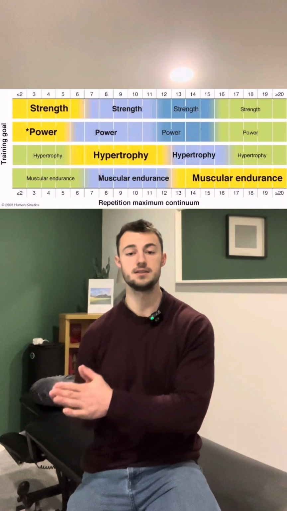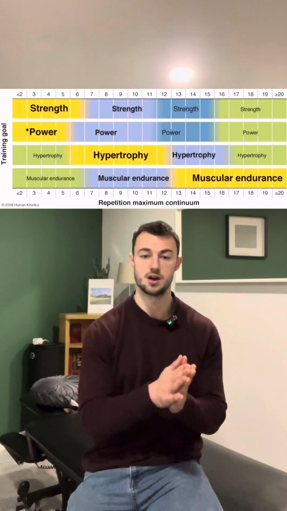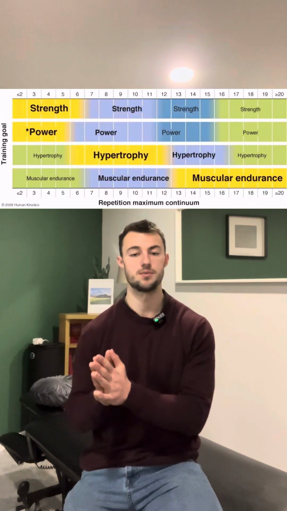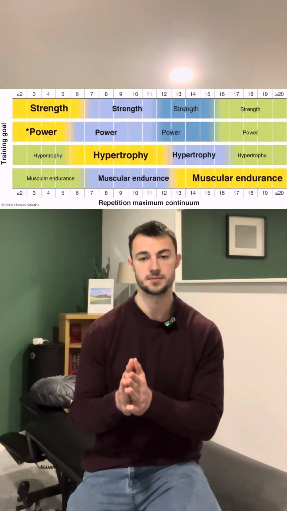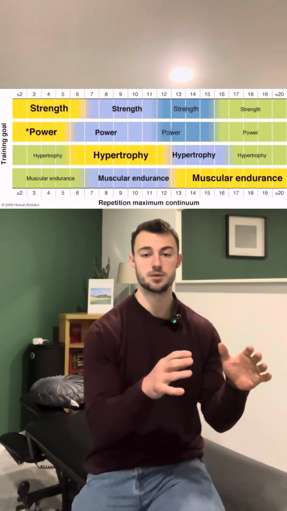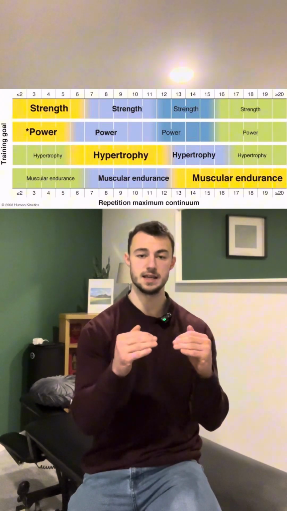But then when we're in the gym or when we're doing an exercise at home, when we're doing anything from 12 reps or more, that's where we're going to be doing muscular endurance. So to summarize, the yellow areas on the graph, these are the best rep ranges to be in for each kind of